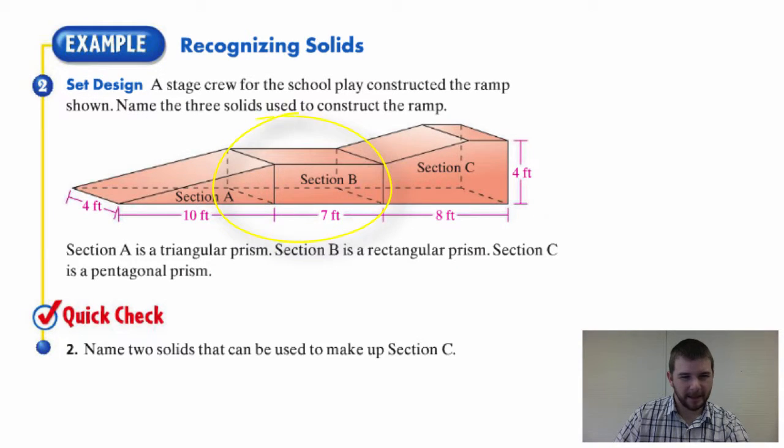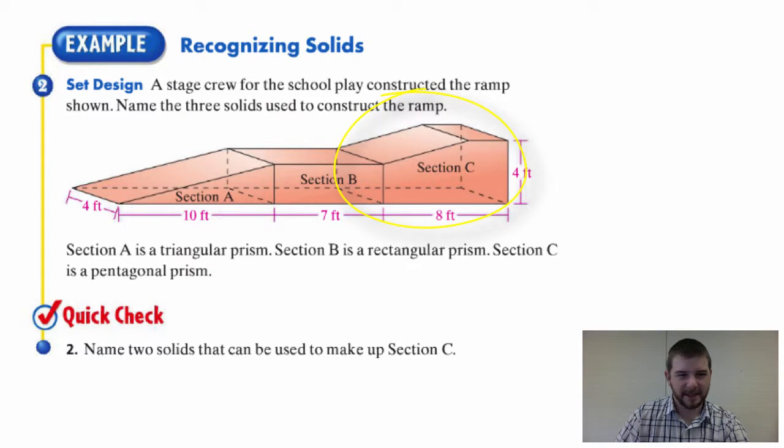Section B. Well, I didn't know whether section B should be called a rectangular prism or a square prism. And potentially, if our bases were squares, we could call it a square prism, and that'd be a more specific way to describe the rectangular prism. But looking at the dimensions shown, I see that section B has a base that will be 7 feet by 4 feet, and that makes it a rectangular prism. Section C,